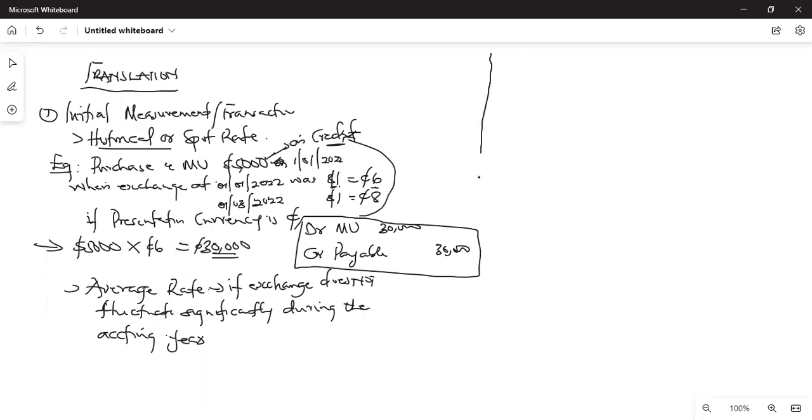Now, let's build on it by coming to settled transactions. Watch this. This transaction happened on 1st January 2022, all right? Now, let's say that you make payments, okay? You have to now make payments. Now, if the transaction is settled within the accounting year,